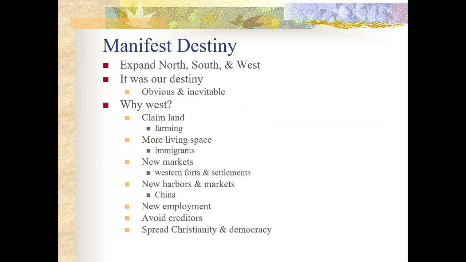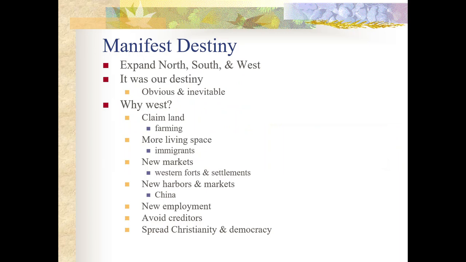The reasons why we wanted to move west. One, we were growing agriculturally. As we saw in the early 1800s, we have a demand for products and new innovations. So we had the cotton gin, which was increasing cotton production. We see Cyrus McCormick, who makes the mechanical reaper, which is going to make wheat production in the west much greater. John Deere with his steel plow, being able to get through that tough prairie sod.